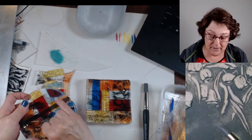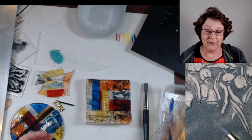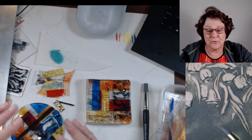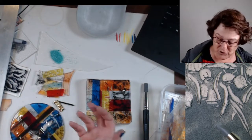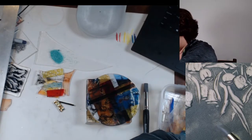Small, tiny bubbles are always present with glass like this. I've been very lucky because you can get lots of not unhappy accidents in the kiln where you've got bubbles coming and they affect your glass in not a very nice way. So